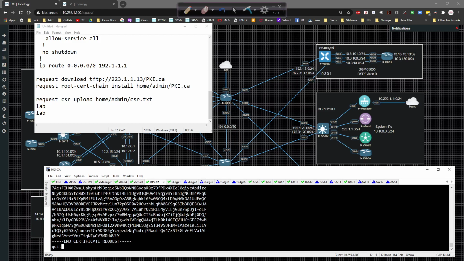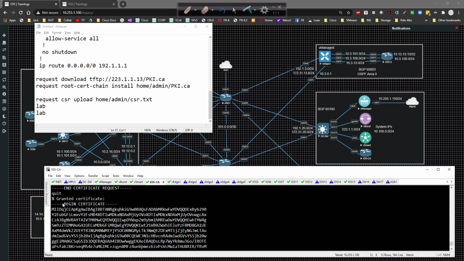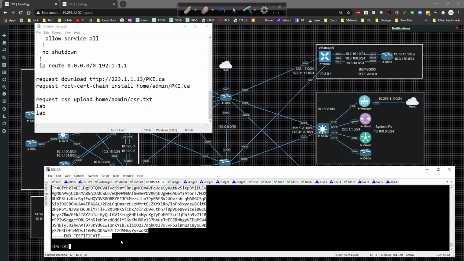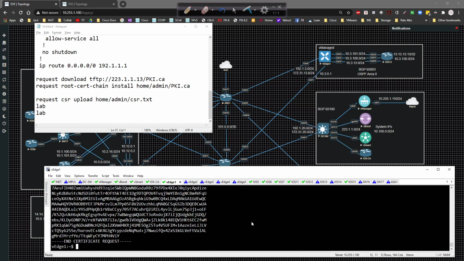And then after a couple of moments, we should get a generated certificate. Or I should say a granted certificate, not a generated granted certificate. There we go. So now we're underneath here. Now we need to actually paste the output into a file. So we're going to type in cat. So we're going to basically tell the vEdge device to create a file. So we're going to do greater than sign,